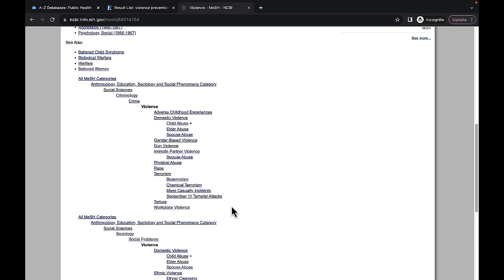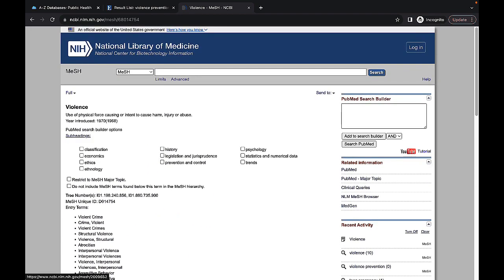So it's good to know that if I search just for violence, I'm going to search all of these at the same time. It also lets me know that if I really want to focus on, say, intimate partner violence, I don't need to go for the overall topic of violence. I can just select this right away. But let's stay on this tack right now, and we're just going to look at violence in general.